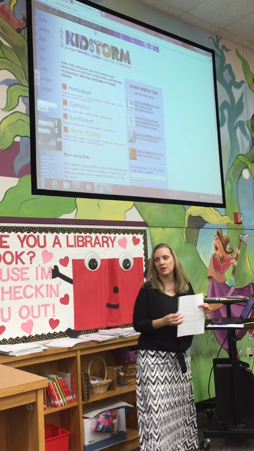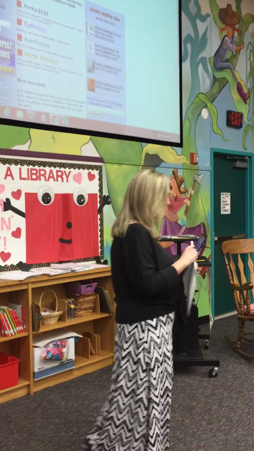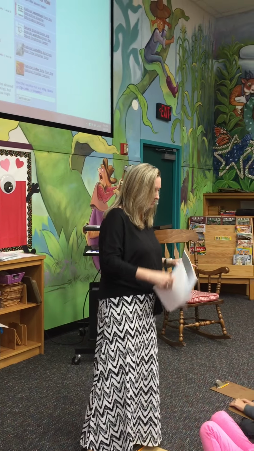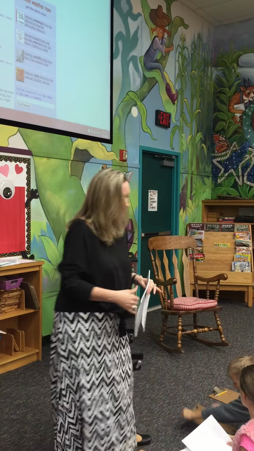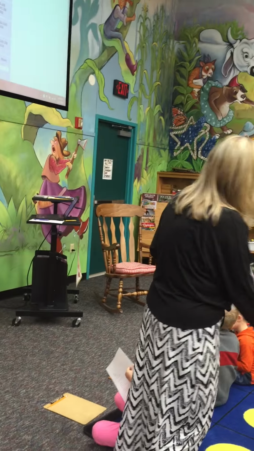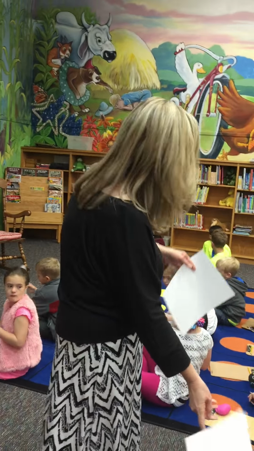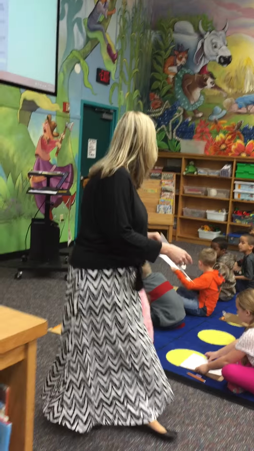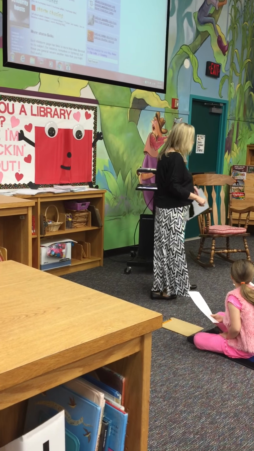When you get this paper, let me go ahead and pass it out to you. If you will take one and pass it down your row, take one off the top, pass them down that way so you can see what I'm talking about. Colton, can you take one off the top and pass it down? And if you get to the end of the row and you still have extras, take it to a row that doesn't have any yet.